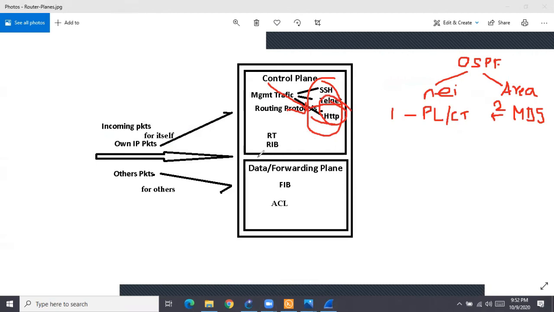Now anybody telnetting from anywhere to R5, any IP address, ultimately the packet will come inside this container, and on this container the policy is there. On this container you have put a guard, and this guard says, sorry, hey telnet, hey HTTP, I'm not allowing you. So this is called what? Control plane policing. Policing basically means dropping.